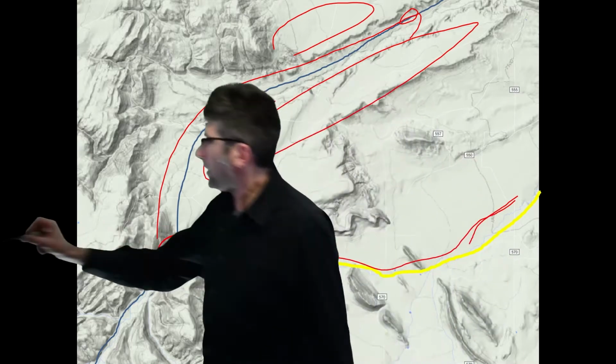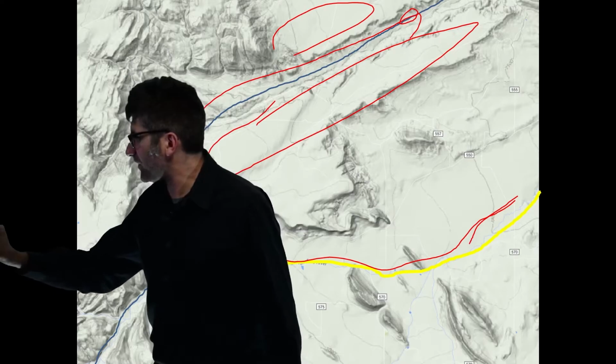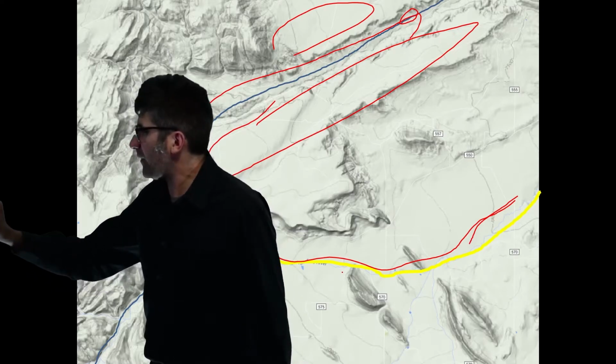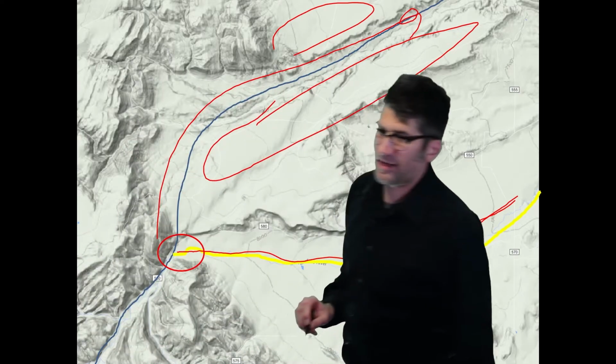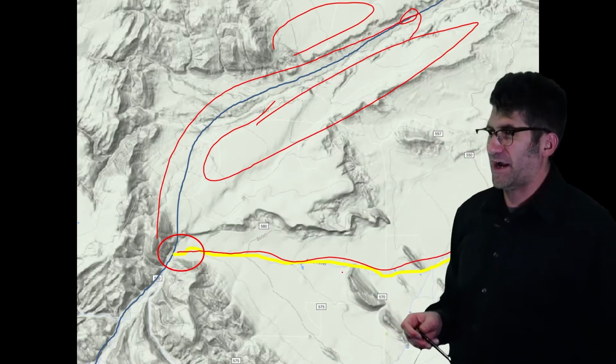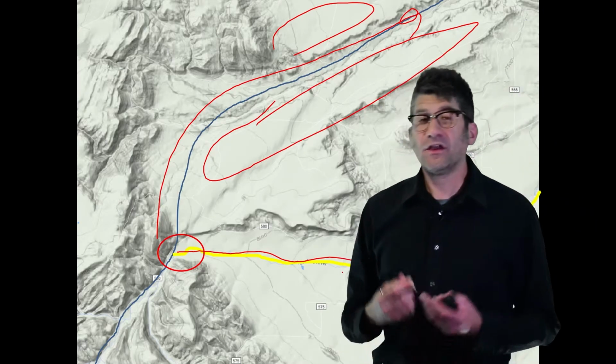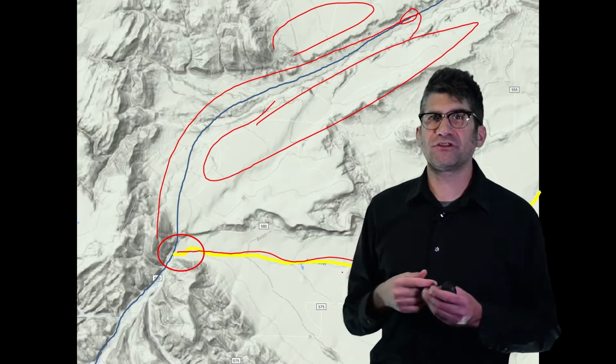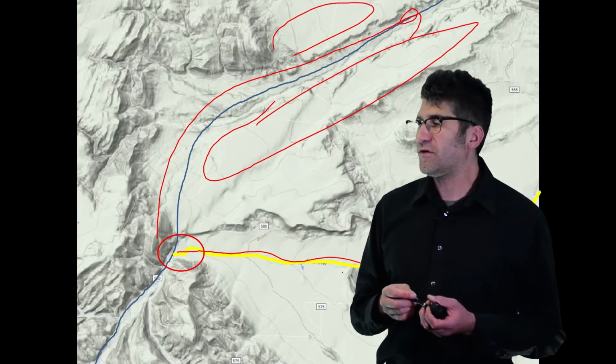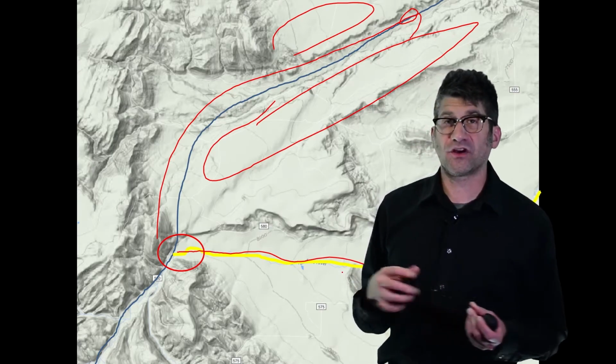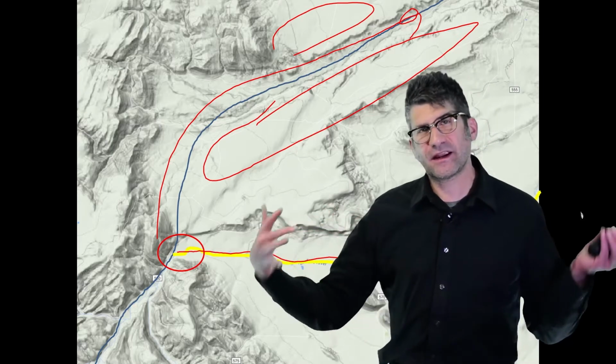And essentially we've captured this stream and we're cutting down and we've abandoned this high old landscape. So this would be an example of stream piracy. Okay, so those are our transverse drainage basin patterns. Let's move on to another couple of topics when we talk about drainage basins and how we characterize the morphology